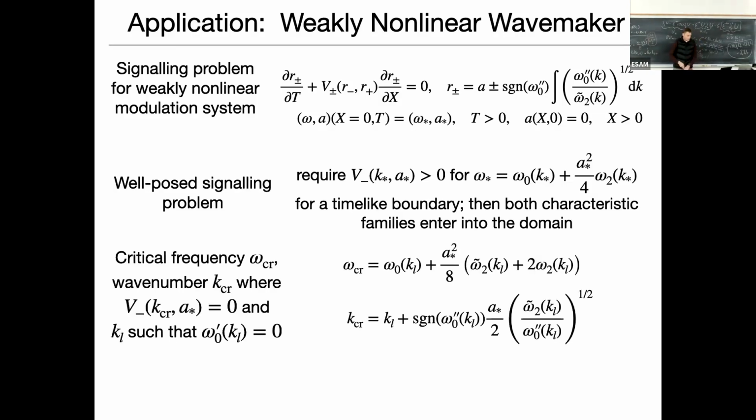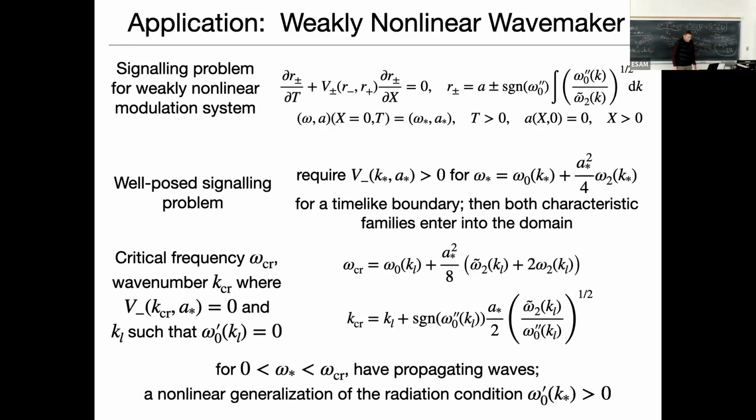And we can identify a critical speed, a critical frequency. When V minus is 0, we can work out what the critical frequency is, and you'll see that it's different from what we got from the linear theory, right? So now we have an amplitude-dependent critical frequency that can go either way. Okay, so the sign of this could be positive or negative, so we could either have the critical frequency up or down. Okay, and the same